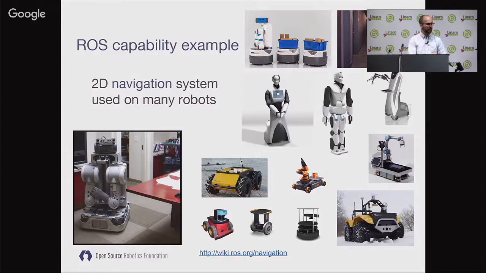So that PR2 robot was a very exotic, top of the line, $400,000 research platform. It spared no expense to have everything you could possibly want. On every corner of that robot, there's a wheel that you can steer independently and drive independently, which means the robot can go sideways, forwards and backwards, and it can spin around in circles while doing any of those things. That's great, and you can configure the navigation stack to deal with robots like that, but